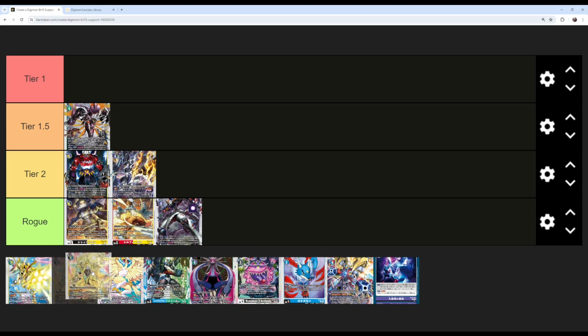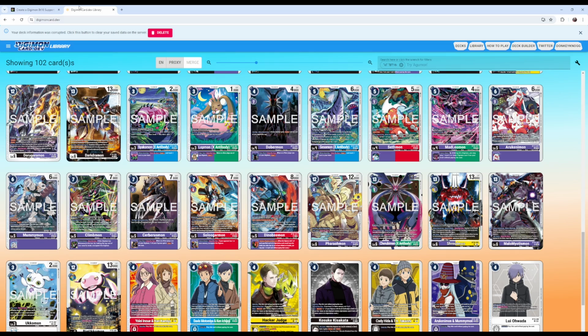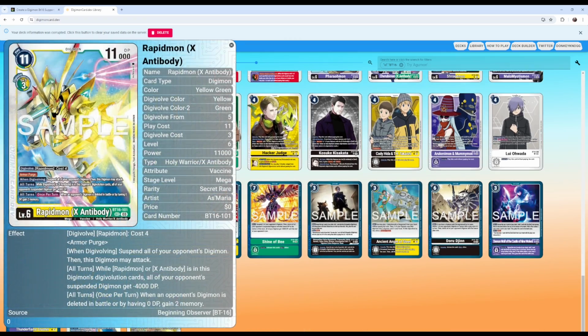So, let's get to the real meat of the video, which is the 2 armor decks. We've got Rapidmon X as well as Magnamon X. Basically, any deck that can play these cards is probably going to be playing these. Obviously, Rapidmon is intended for playing in Rapidmon because its effect is active anytime you have Rapidmon or X Antibody. But I've also seen JP lists playing this in Numemon, because if you're playing X Antibody Proto form, you can just slap this on top of a Monzaimon or a Monzaimon X, and then you've still got the Armor Purge effect, you've still got the really strong All Turns effect,